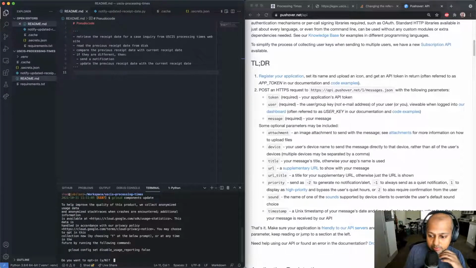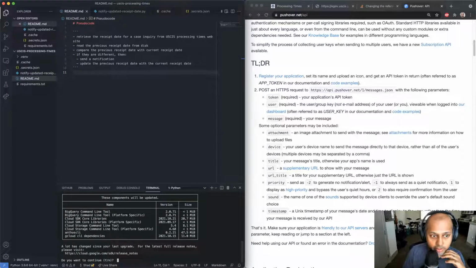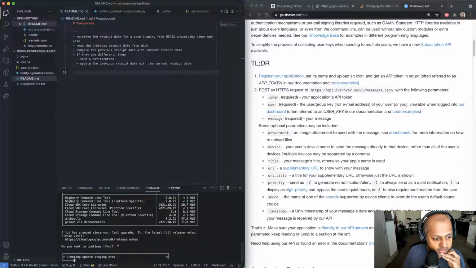So, as I was explaining to Shua, our goal today will be to deploy our script to Google Cloud. And to do that, we're going to have to set up. So I'm just updating the Google Cloud commands. And while that goes, I'll describe how we're going to use Google Cloud to